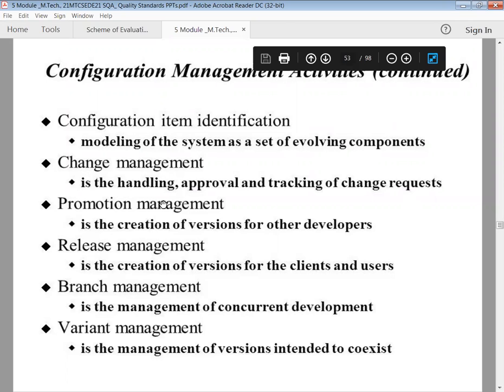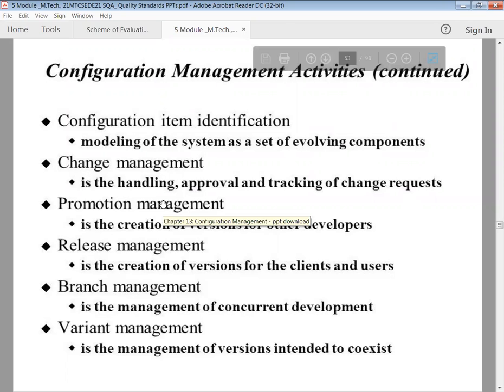So if you are changing from 4G to 5G, or if you are upgrading your system from 64-bit to 128-bit, in that case, all the components should be upgraded according to the changing need. Promotion management. So if you are promoting or upgrading, the creation of the versions for other developers. So while the new version is released, according to the new version's changing needs, hardware needs, the configuration should